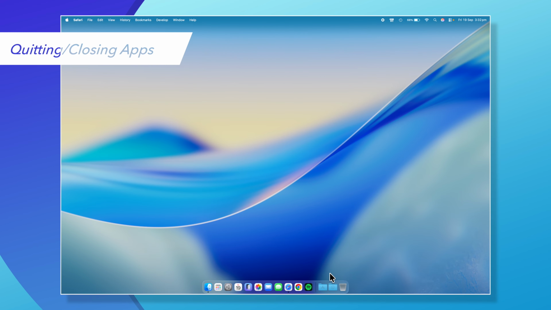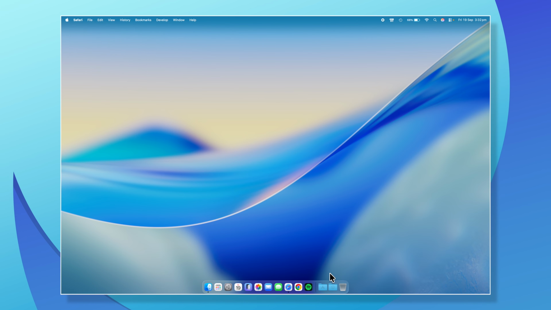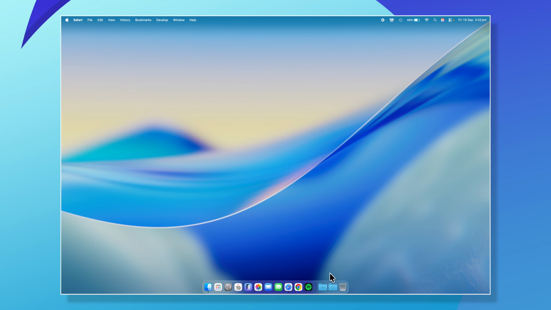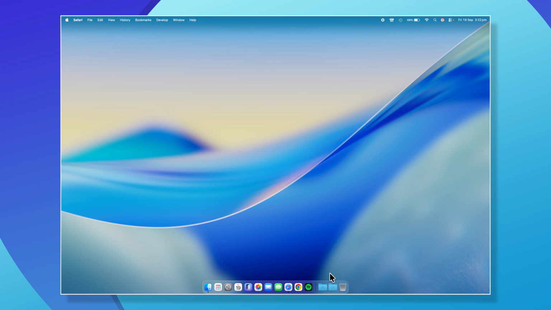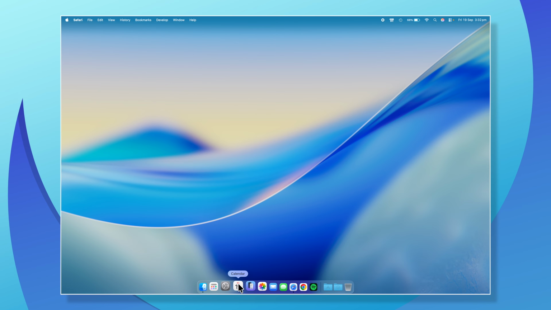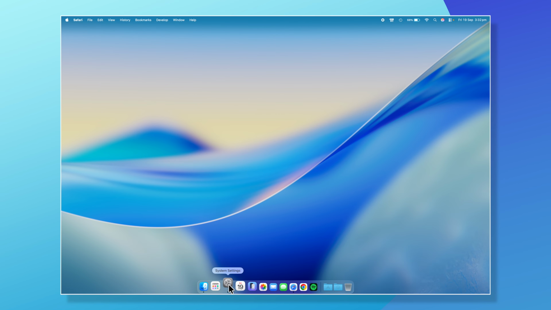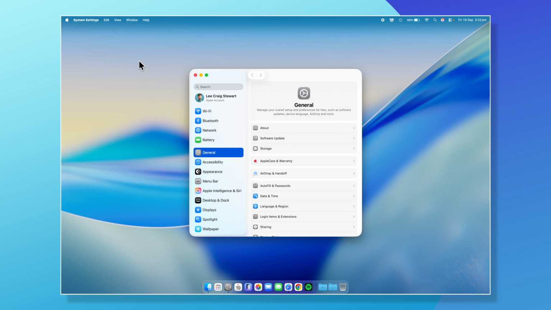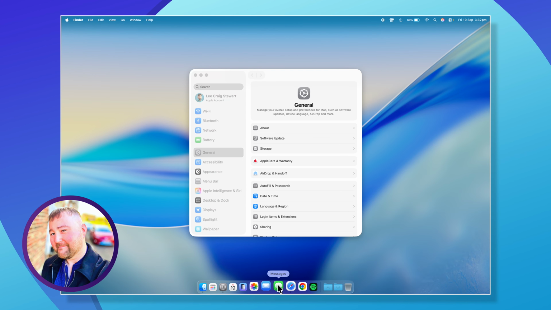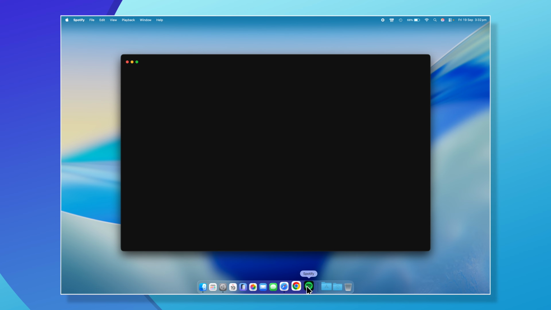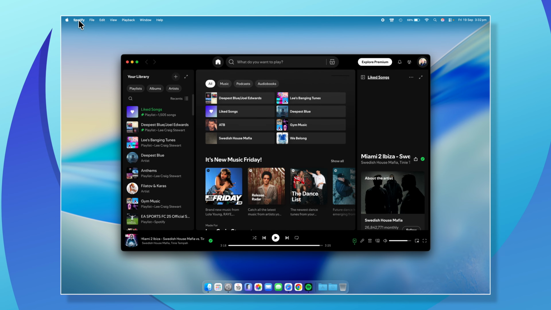One of the most requested things to cover when you switch from Windows to Mac is that the windows don't have their own menus. Well, they do. If we go to, say, settings, you can see that, if you let's open Spotify, you see how it changes.